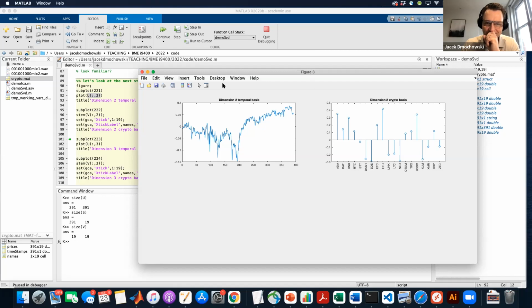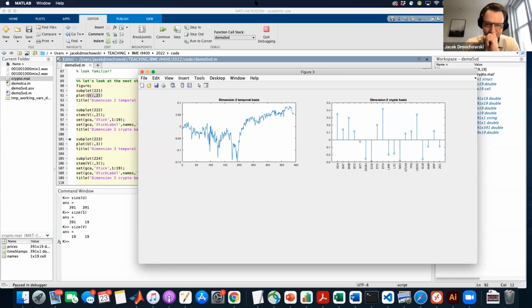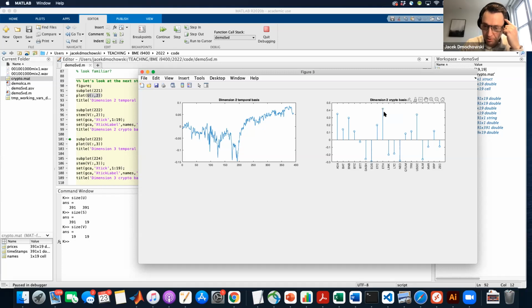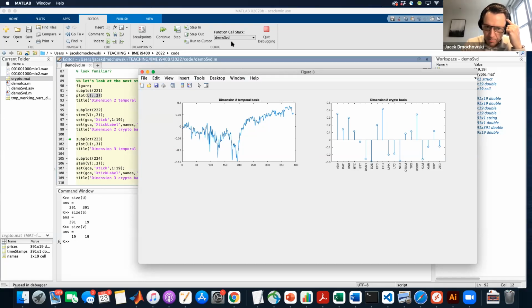Amilcar says Ethereum. Let's see, yes, Ethereum is exactly right. And why did you say Ethereum? It has the highest value. It has the highest value, exactly. Not just the highest value, it also has the highest absolute value, which is nice. So the fact that it's positive means that Ethereum, again, in this temporal basis,